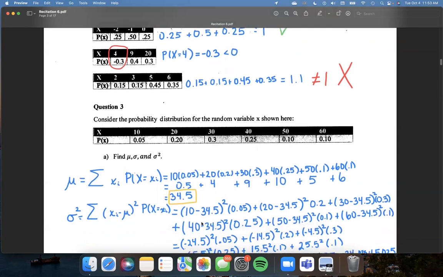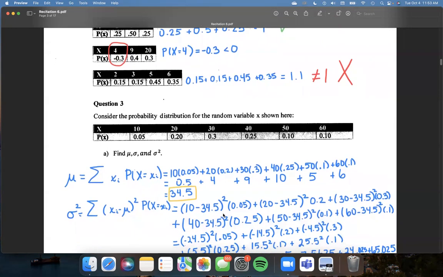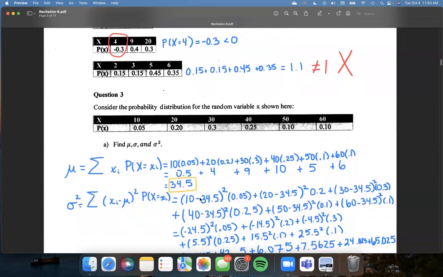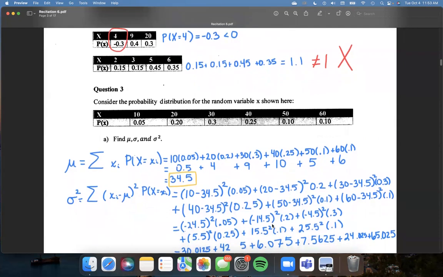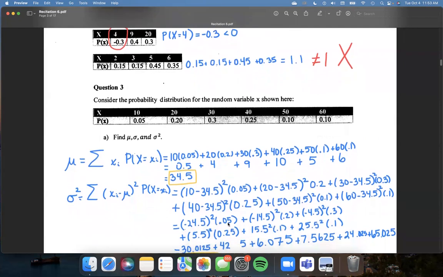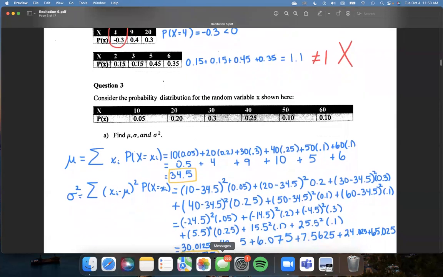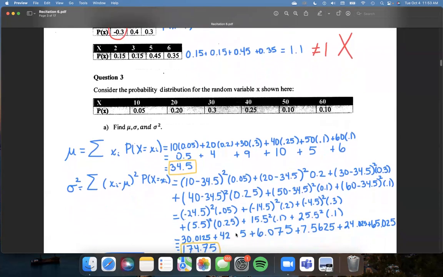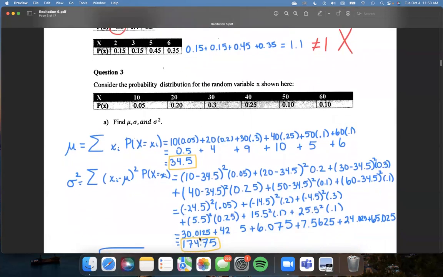So if I wanted to show my work step by step, I first would do what's in the parentheses. So that would be our x values minus our mean. So I get this, and then I would square them and then multiply by our different probabilities that we have. So when you go through and do all of that work, you should get